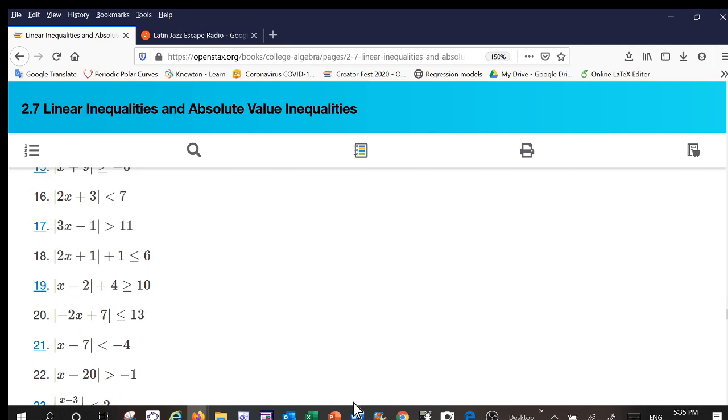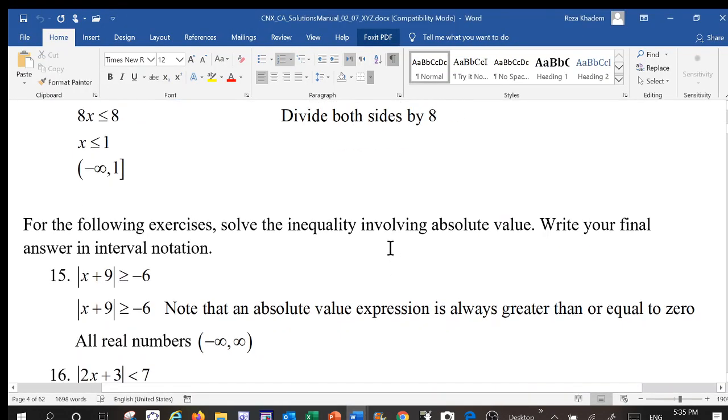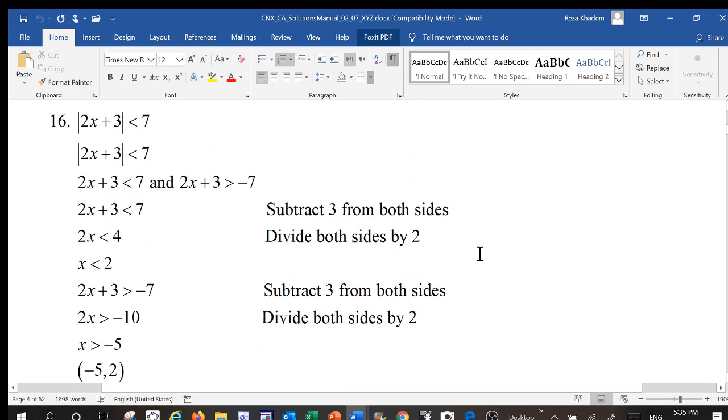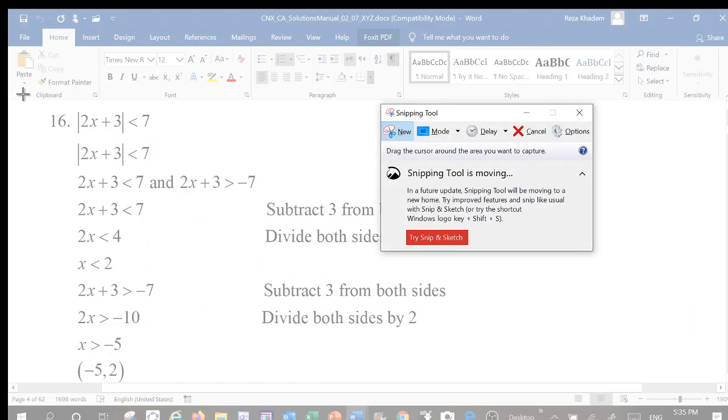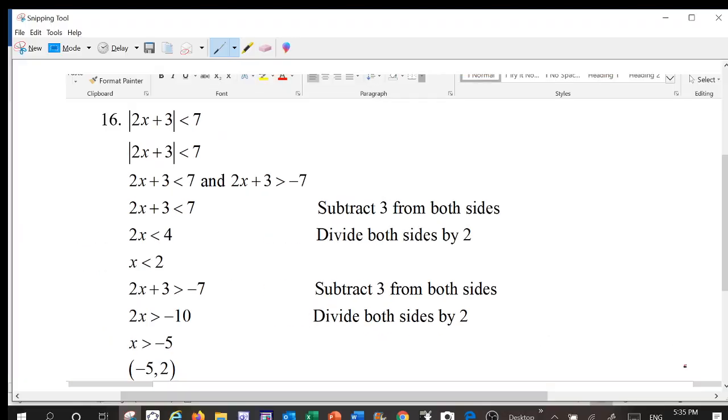Let's do a few of those. So let's go to number 16 first. So here is number 16. So the way we do it is by starting with this expression. Now we just said that if we have something like whatever is inside the absolute value is